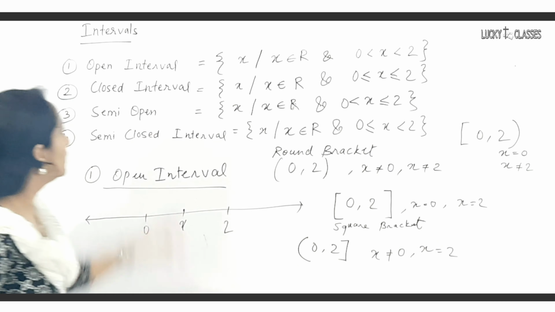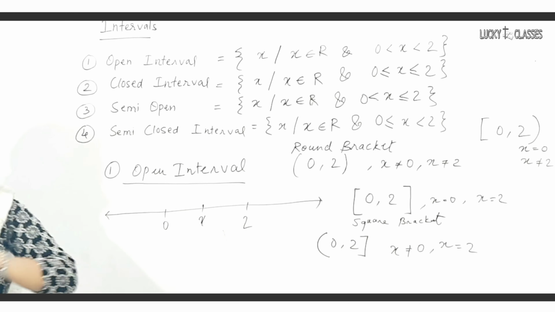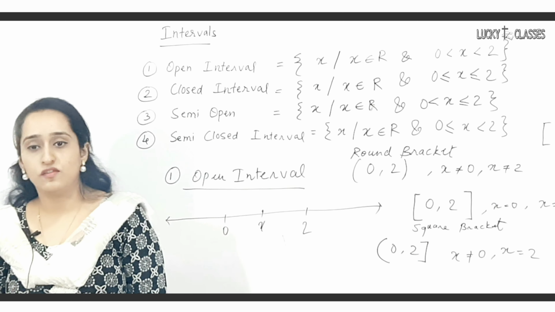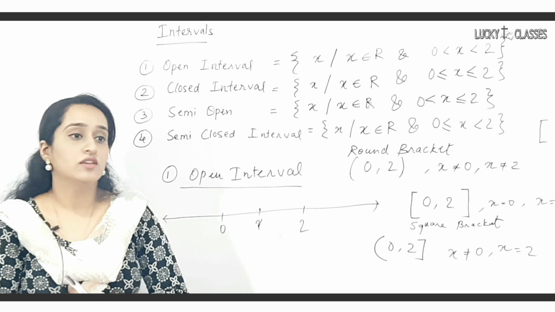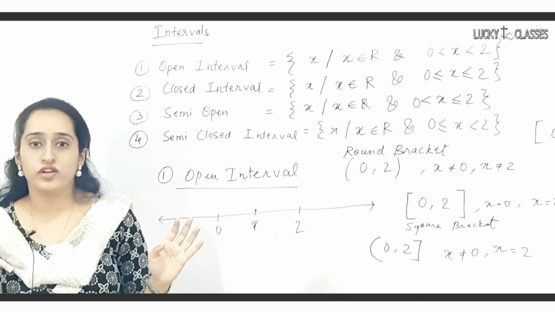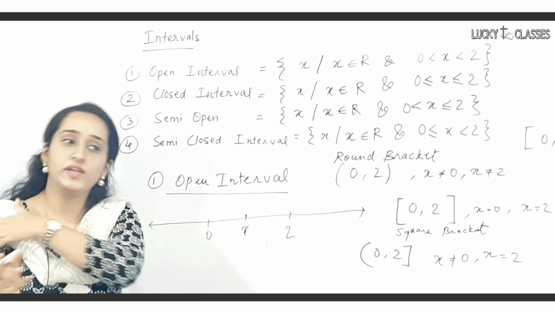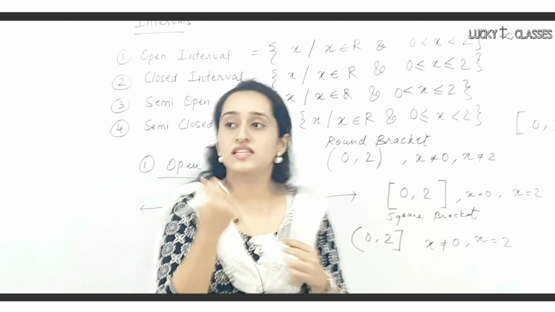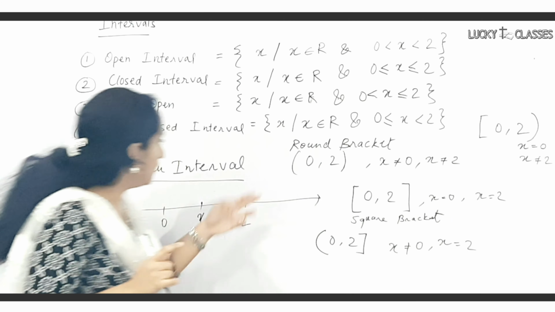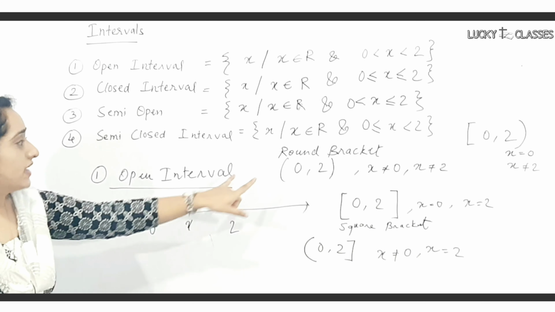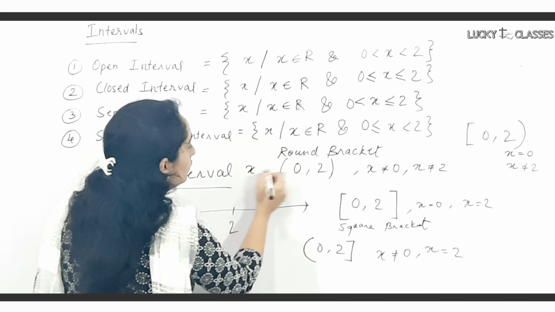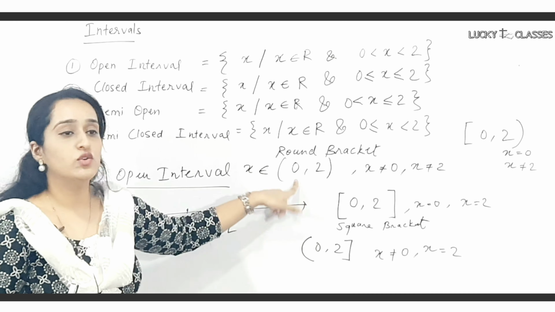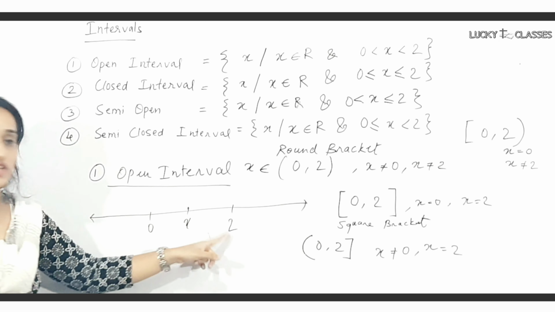Okay. So these are 4 types of intervals, and we have seen that in set builder form also, we have seen that in bracket form also. Hope this is really clear for you all. Okay. Open interval means, do we include the points or we exclude the points? Exclude meaning we don't consider those 2 points, okay, but we consider the points lying between those 2 points. Example here, if I say x belongs to open interval 0, 2, means what? X will not take up values 0 and 2, but x will lie between 0 and 2.